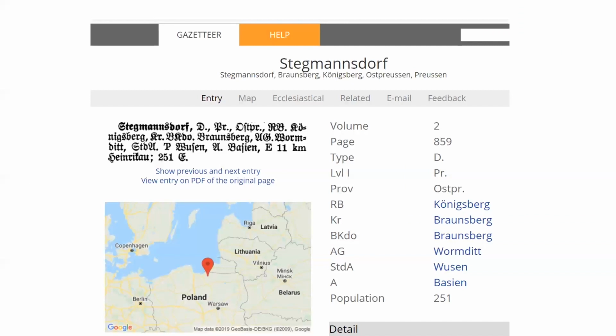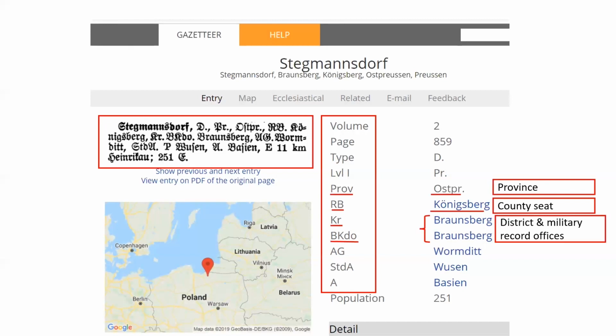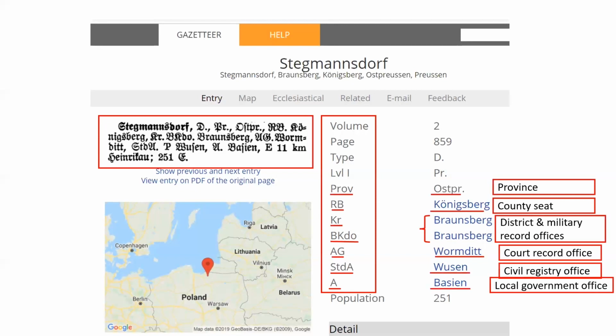Going back to the Myers entry of Stegmansdorf, it has been extracted and shown in Roman print to the right of the entry. It shows that Stegmansdorf is in the Prussian province of Ostpreußen or East Prussia. The county seat is in the city of Königsberg. The district and military record offices are in the city of Braunsberg. The court records were kept in the city of Wurmditt. The civil registry records were kept in the city of Wusen, and the local government office was in the town